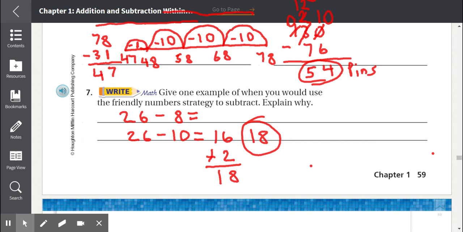And we're using the friendly numbers because it makes it easier to solve. Now, if we would do it the regular way,